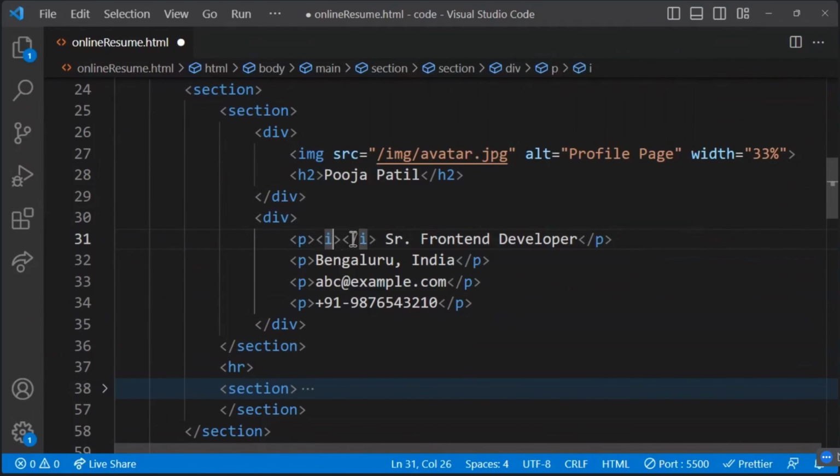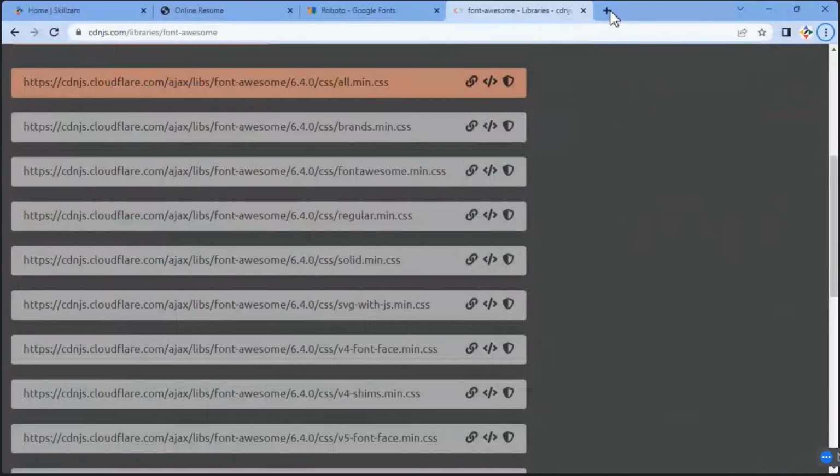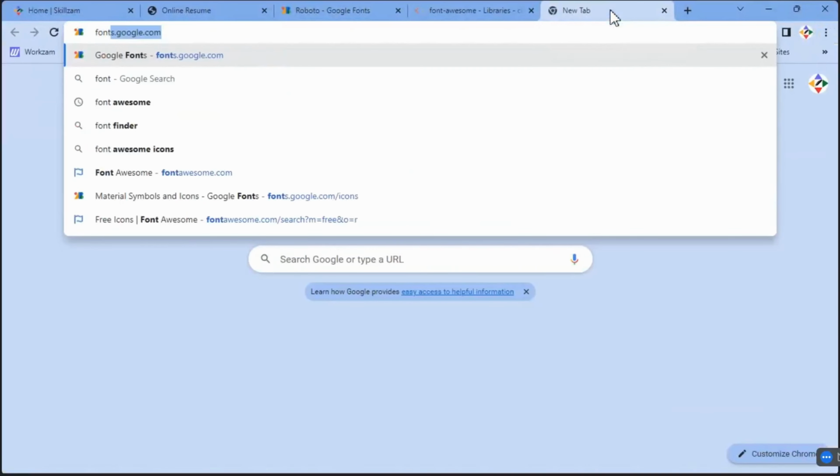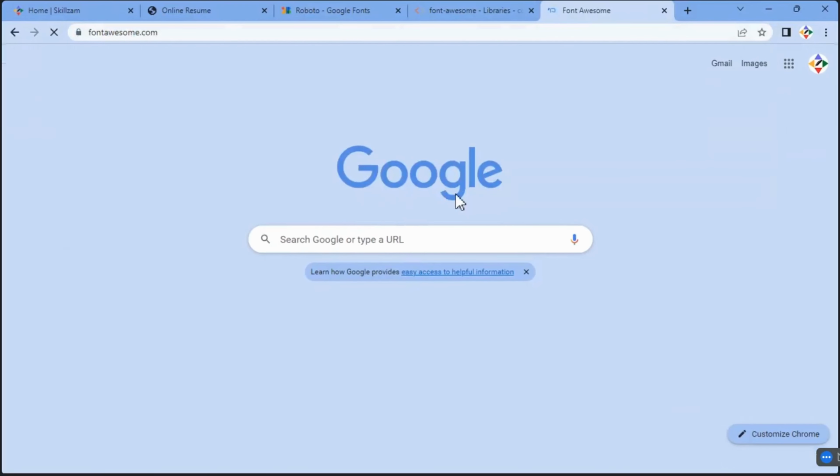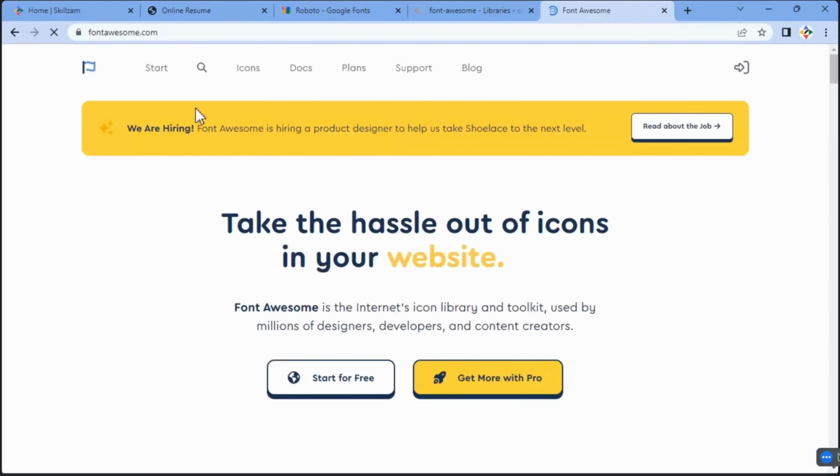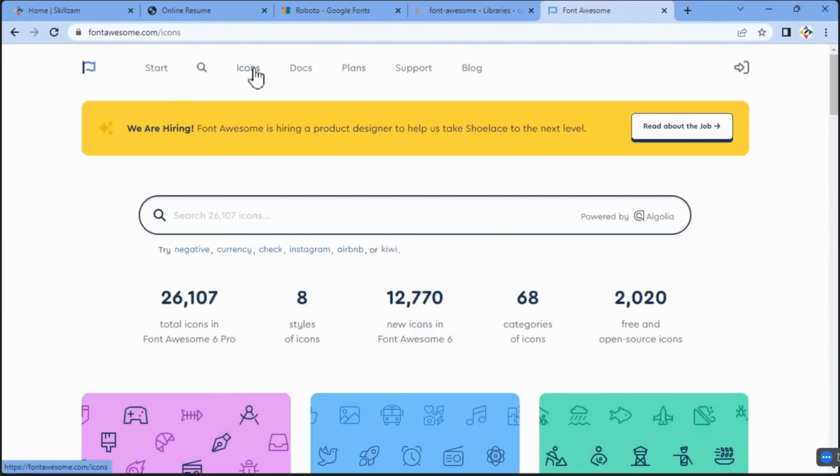Why do we need to use the i tag, guys? If you go back to the Font Awesome website and go to icons, and then to the free and open source icons,